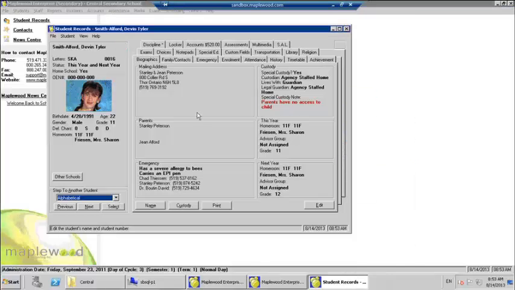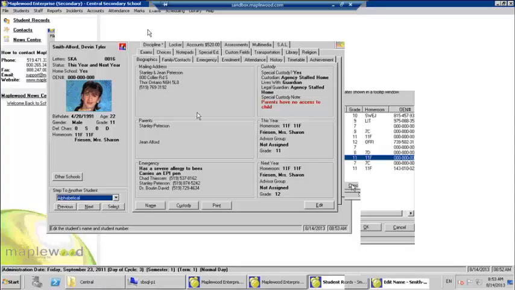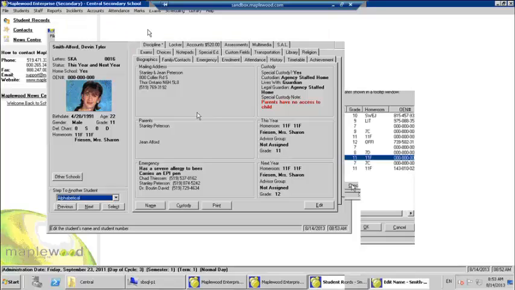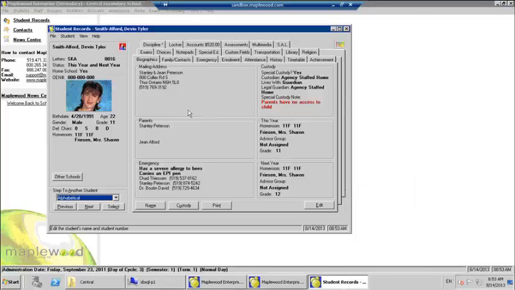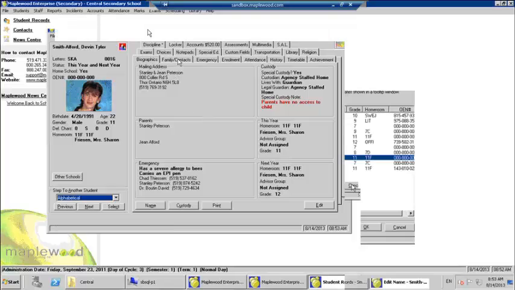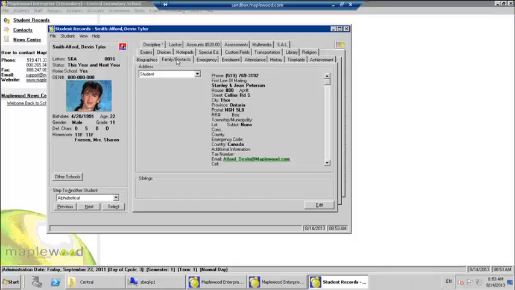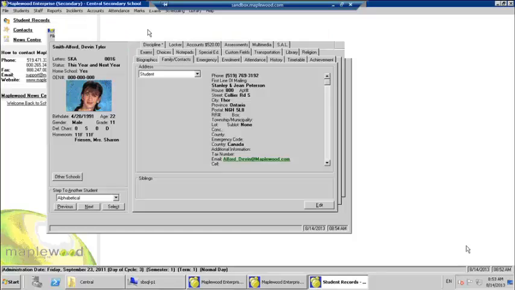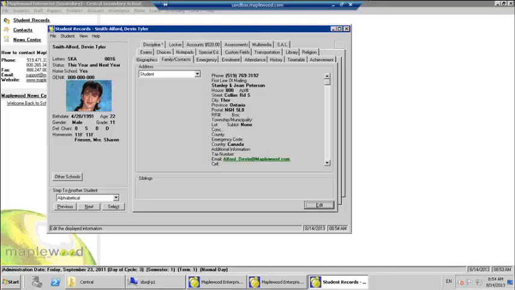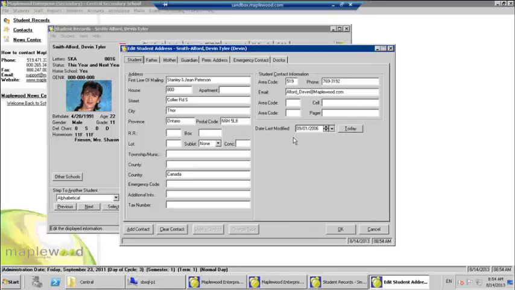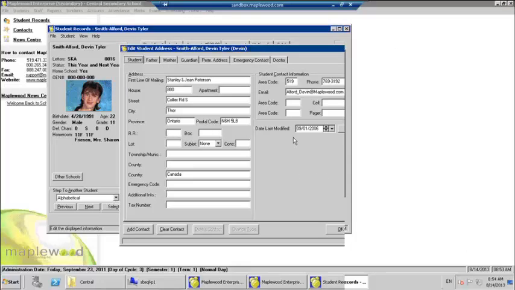All right, so that's the things that you'll see right off on the Biographics tab. Let's take a look at some of the things you'll see on the Family Contacts tab. This is one of the tabs that's probably changed the most. So here on the Family Contacts tab, it still looks very much the same until you go in and edit it. So now, when you edit the Family Contacts tab, you will have additional tabs, or can make additional tabs